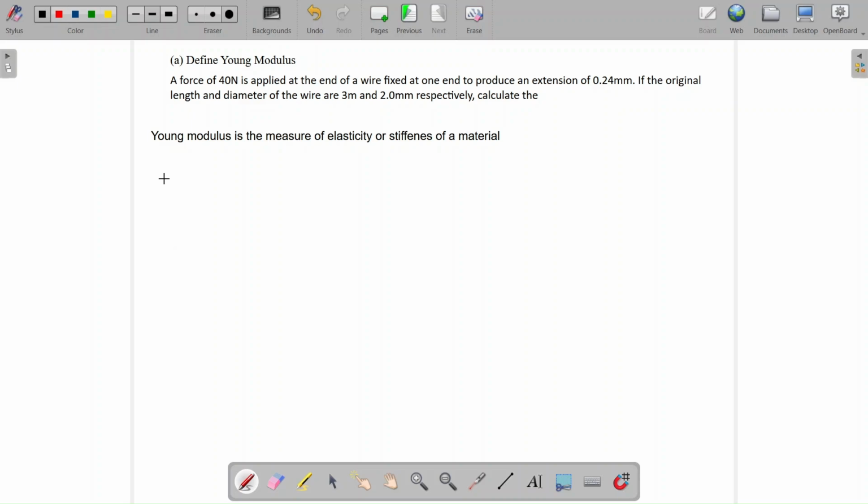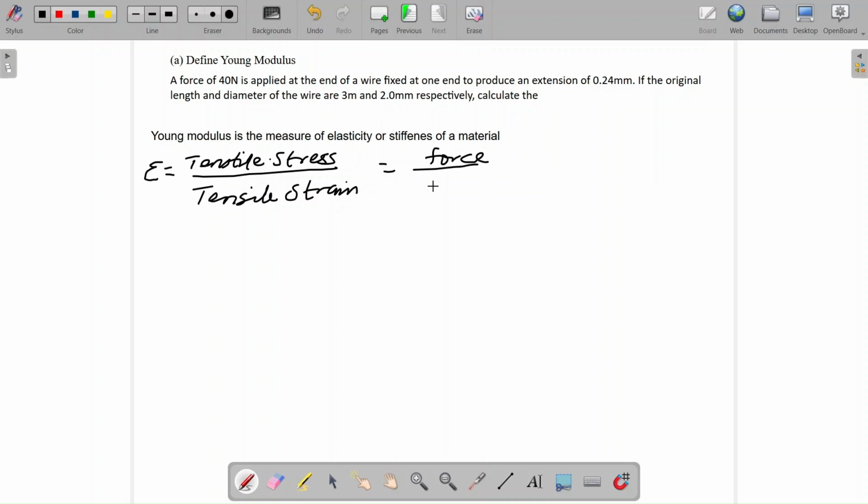Just like we said, the formula for Young modulus, which is E equals tensile stress over tensile strain. And tensile stress is force divided by area, divided by change in length divided by length, change in length divided by length. And this equals